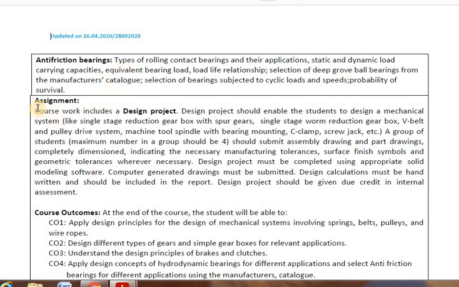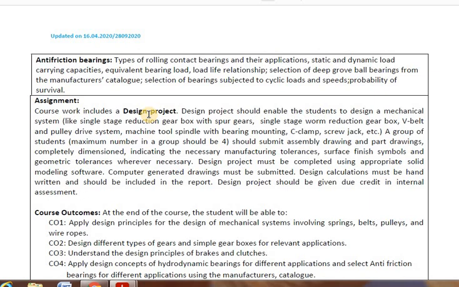Then here, the university has also prescribed an assignment. It is not an assignment that we are giving you locally. It is the university prescribed assignment in the form of coursework that includes a design project. This is going to be a project which you are going to do apart from the mini project.